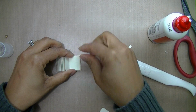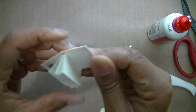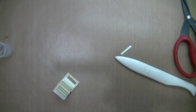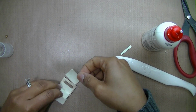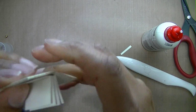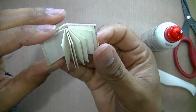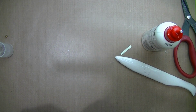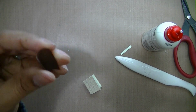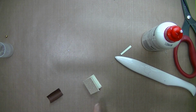I'll do glue. And next page. So see, you have a little book, and then I add a spine on the back. Let's see. And I like to curl it. If you see, it has like a little curve, contour to it. And before you put it on, you want to